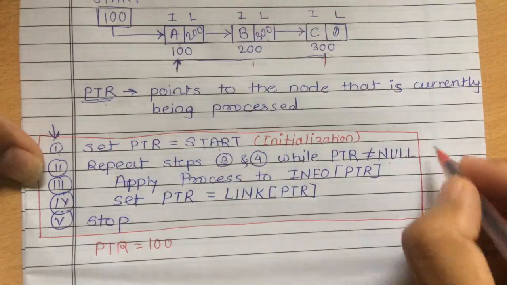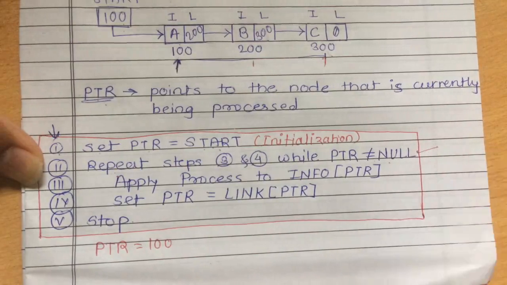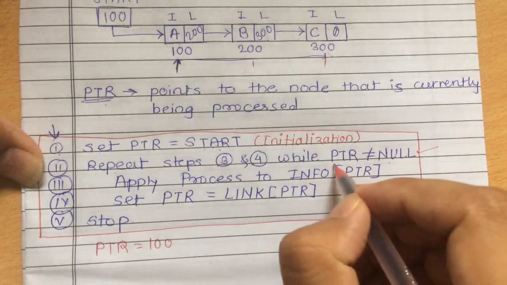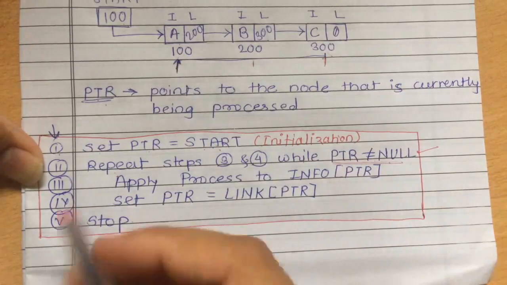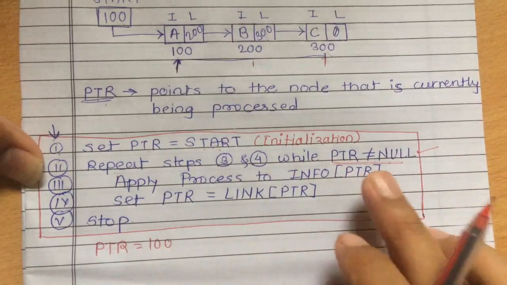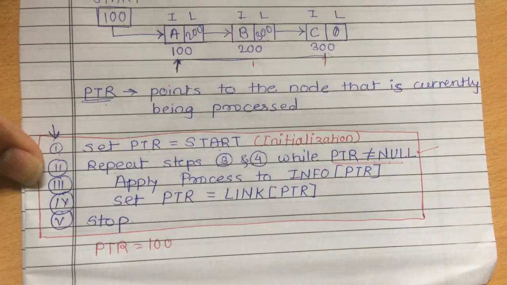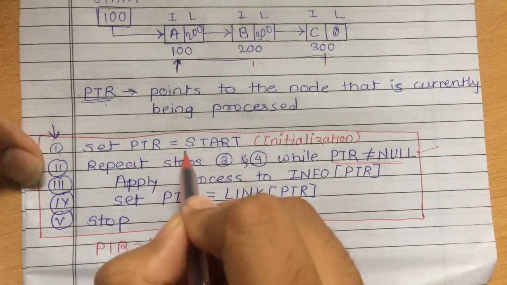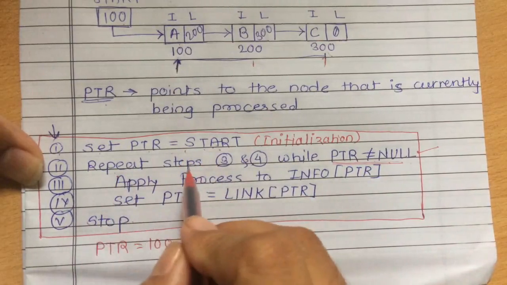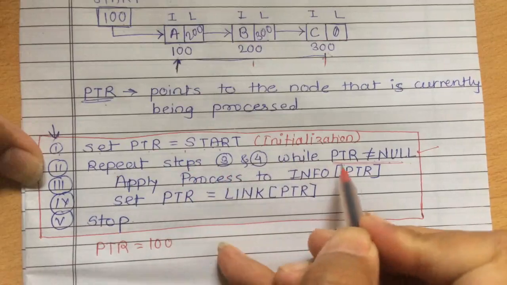So for that we have set ptr is equals to null. As we process step by step, we'll easily come to know why we have set this. As of now, just consider, when the value of ptr becomes null, we have to stop. Okay. So after initialization, we have to repeat steps 3 and 4 while ptr is not equals to